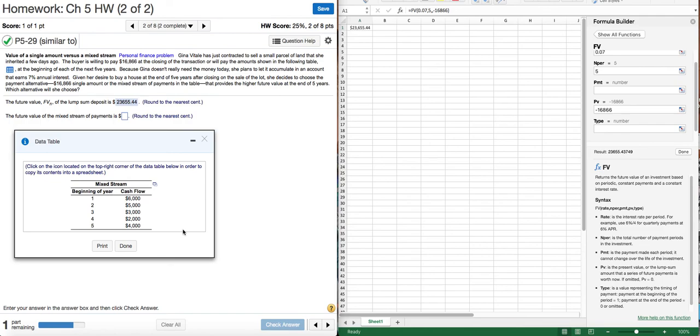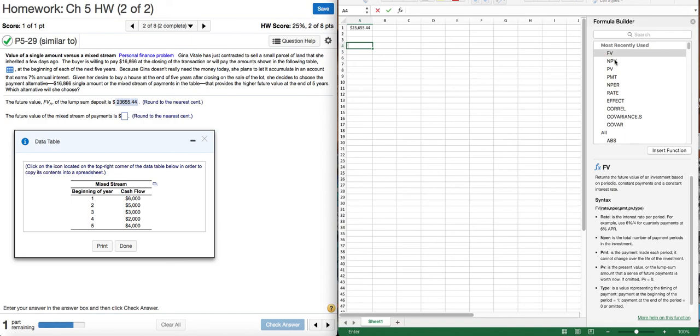So we really did it in two steps, and we did it that way in order to save us the alternative, which is to solve each of these individual cash flows for a future value. So considering each of these cash flows as a present value, solving it for a future value at the end of 5 years, and then adding up the individual results to get our grand total for the stream. So, to keep it consistent with the calculator solution, we could do the same thing in Excel, meaning that we would